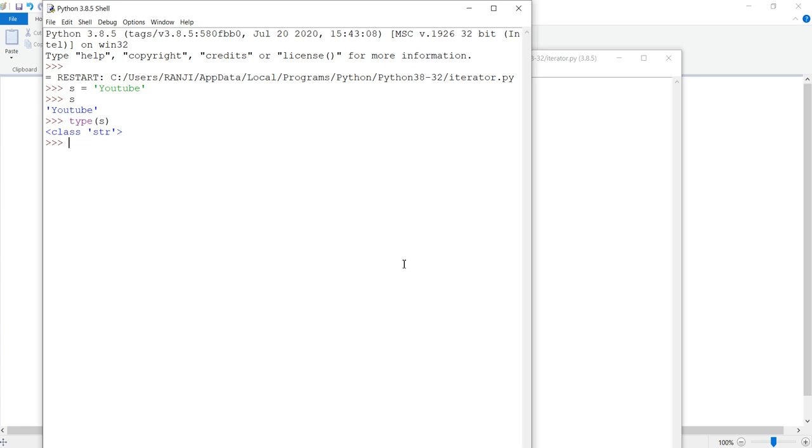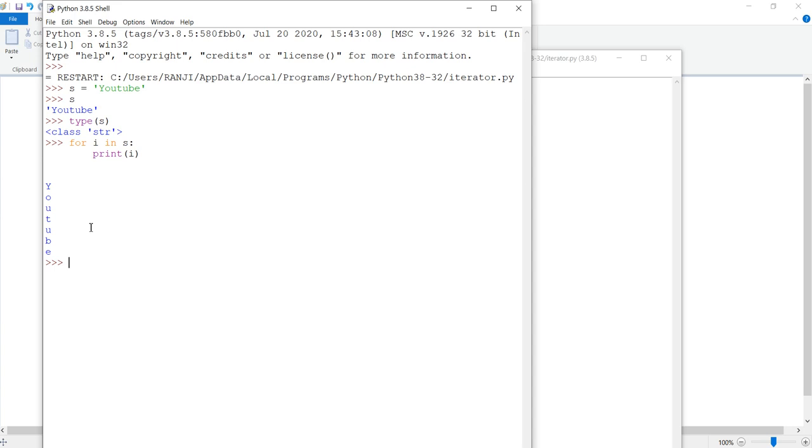Now if I want to print each of the elements of YouTube, I do for i in S, print the value of i. This is what it returns. Each of the alphabets contained in that string is printed on each line.